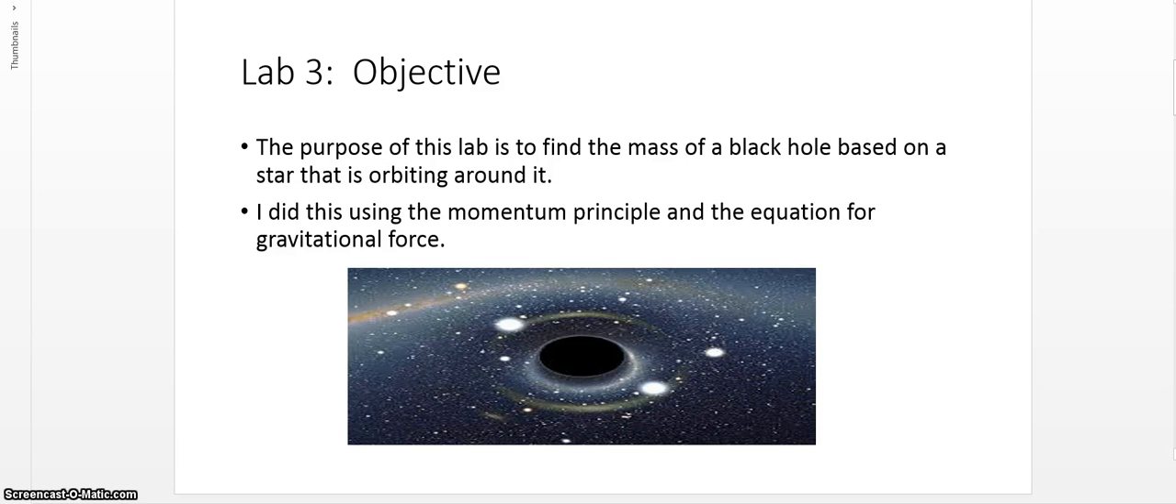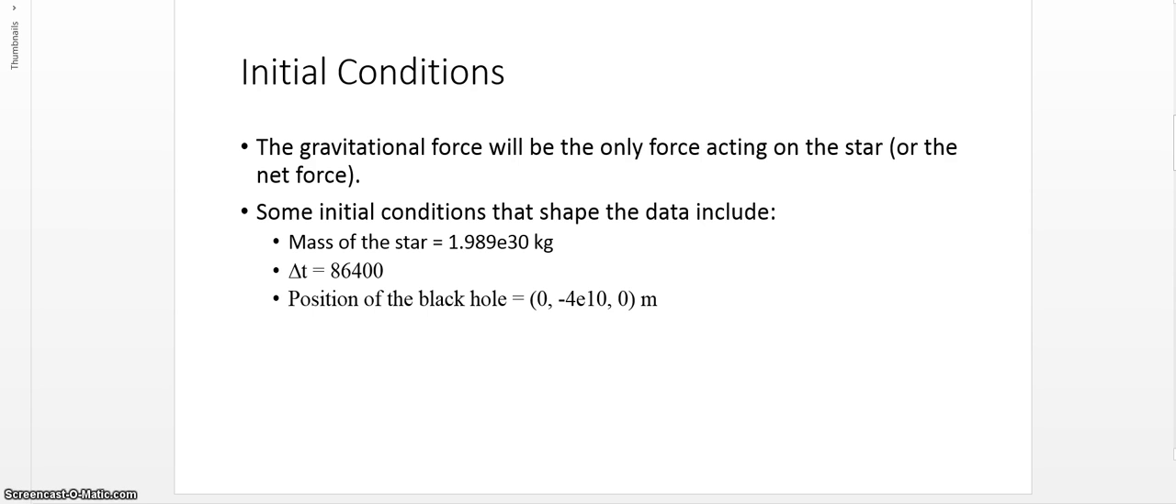For Lab 3, I found the mass of a black hole based on the position data of a star that was orbiting around it. I did this using the momentum principle and the equation for gravitational force. Some initial conditions were that the gravitational force is the only force acting on the star, and that the mass of the star is equal to